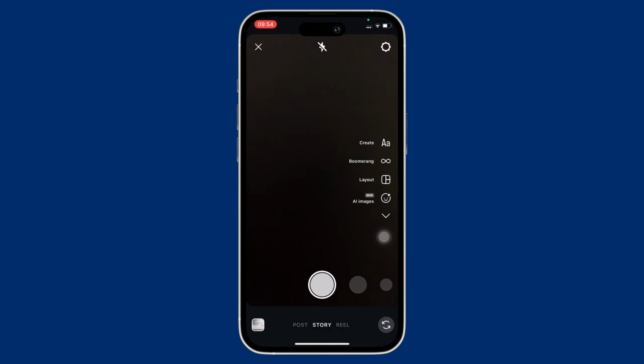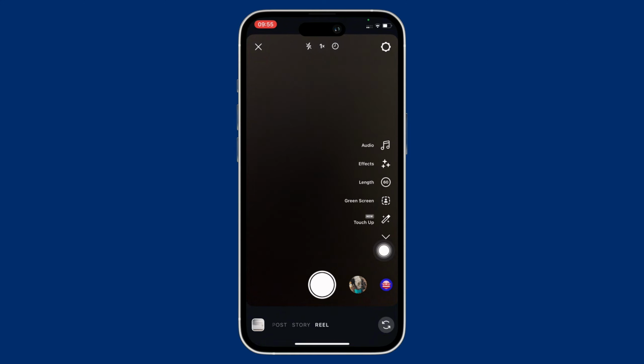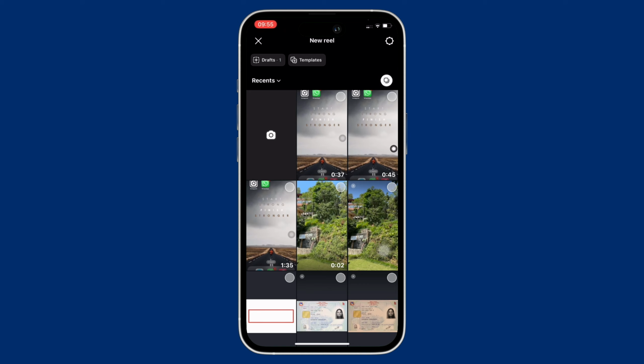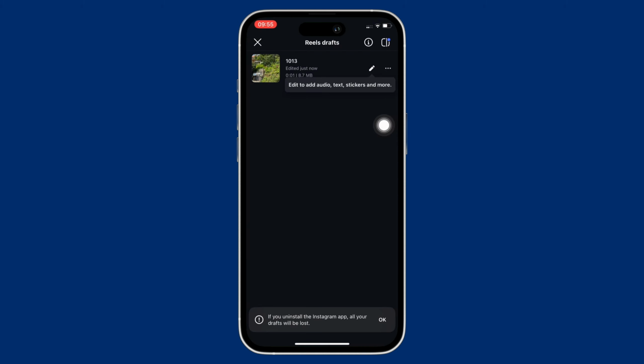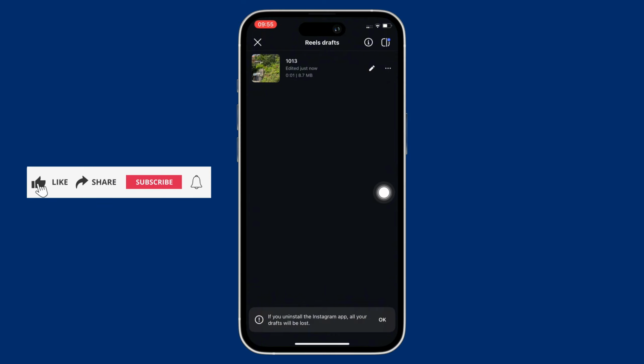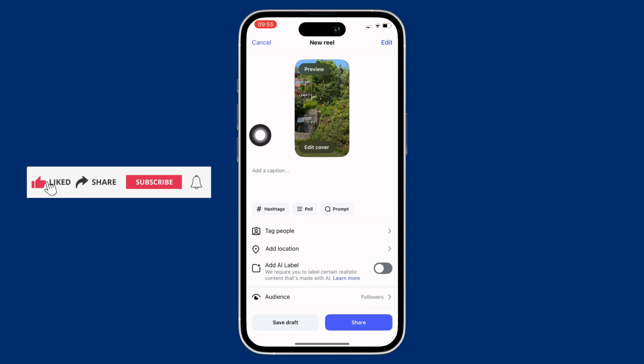Here, firstly, go ahead and select the reel option from the bottom of your screen and now swipe up on your screen and you will see the drafts option. Tap on that and in the interface that you will be led to, you will be able to view all your drafts. So tap on the drafts that you want to save to your gallery